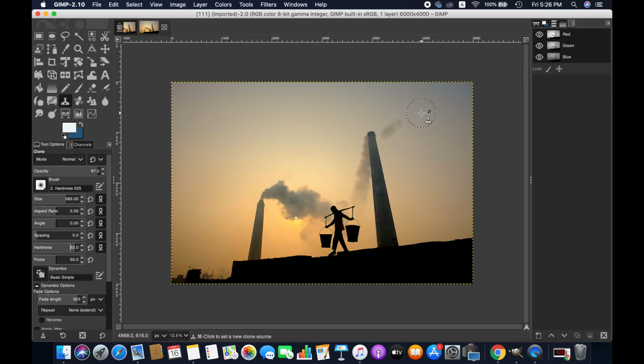Now I am going to copy the pixel source by holding the Command key and clicking around here, right, and click on the spot. So as you can see, this particular brush has just copied the pixel from here to here. So it didn't take the background into consideration for blending.